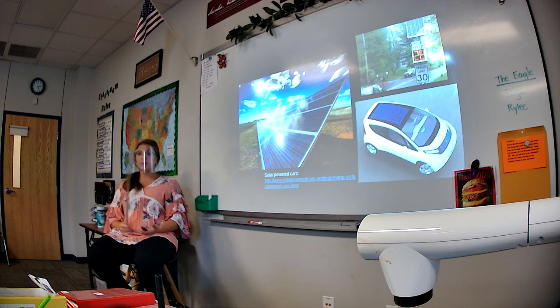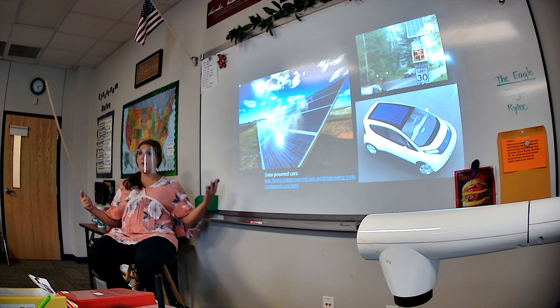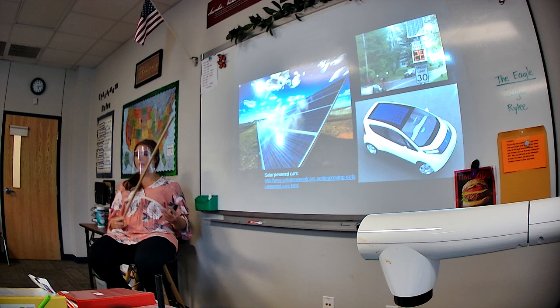Solar panel cells work great, especially in areas like Texas where we have lots of sunlight. Okay, Alaska, maybe not so much. They don't get a whole lot of sunlight there. Okay? Not as much as we do, at least. But the problem is solar panels are expensive to install. Okay? And it takes a lot of solar power to get the amount of energy we need for our environment. Okay? So a lot of environmentalists will say, well, why don't we just switch the whole world over to solar panels and stop burning fossil fuels?